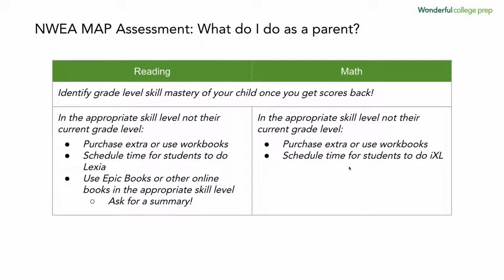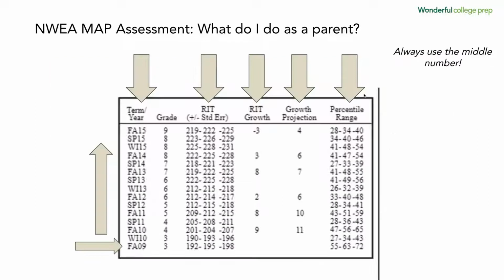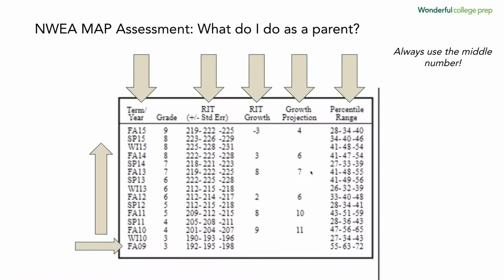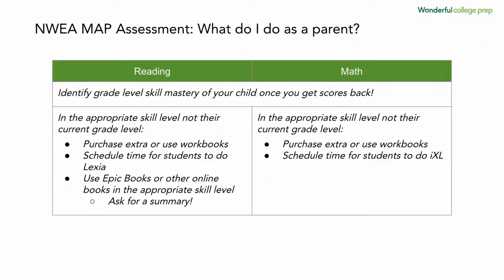So again, here, the important part is that when you're looking to grow, sometimes the child needs to do things at their skill level and not just their current grade level. So again, if I had a 10th grade kid here, but they're functioning on a 4th grade level based upon these RIT scores, I might try to get some additional 4th to 5th grade workbooks to work on with my child, and know that we're doing many of those things in intervention right now as well.